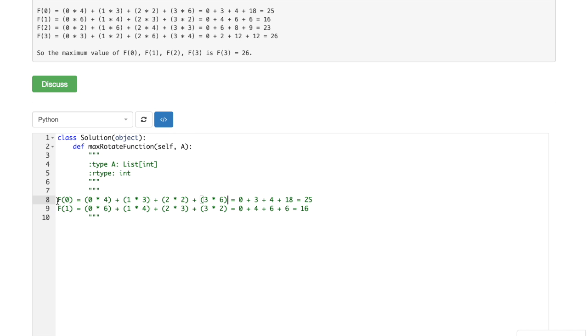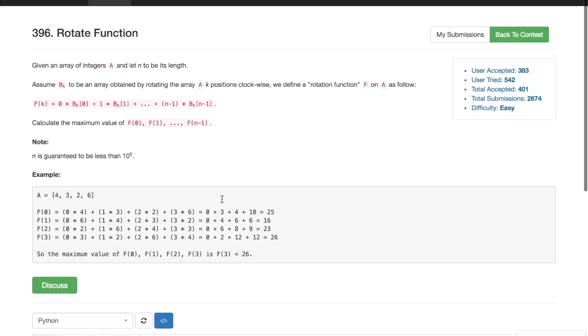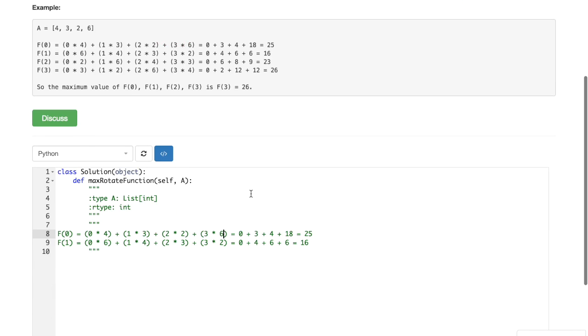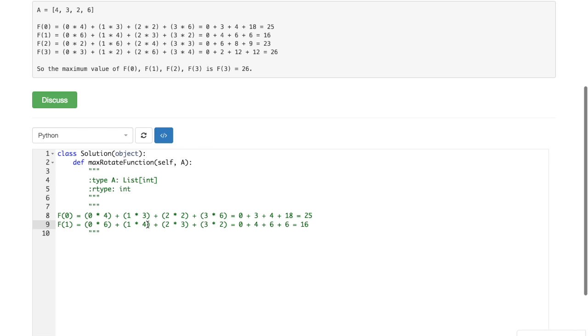What happens with value f, and can we use the previous value of f to calculate the next value of f? Let's see. What I notice here is that those guys, they are shifted to the right. Yeah, but that's expected. That's what's written in the description, right? But it means that